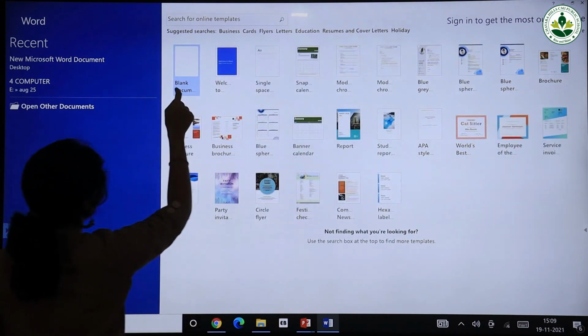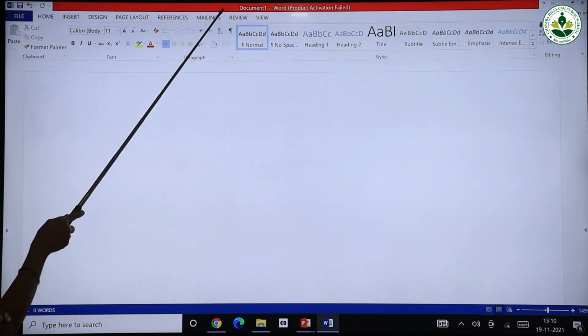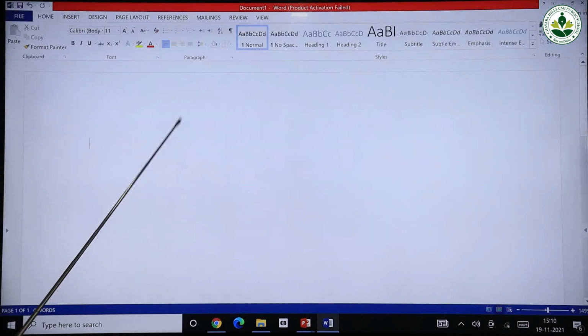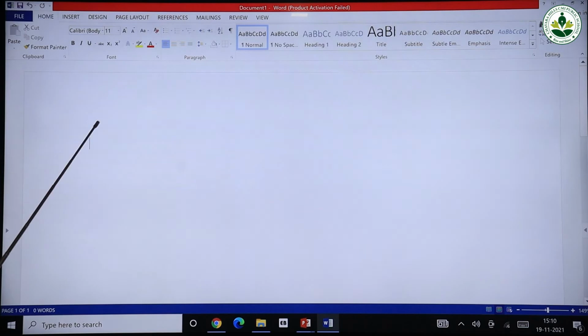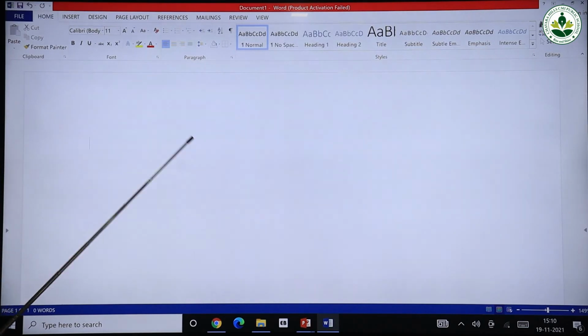You have to click on the blank document, and this is the Microsoft Word window and the different parts of it. So first we have learned about the title bar. This is the title bar, and you can see the name of our document at the title bar. Here we haven't given any name, so it is Document1.